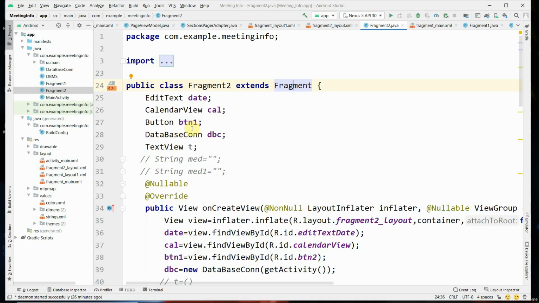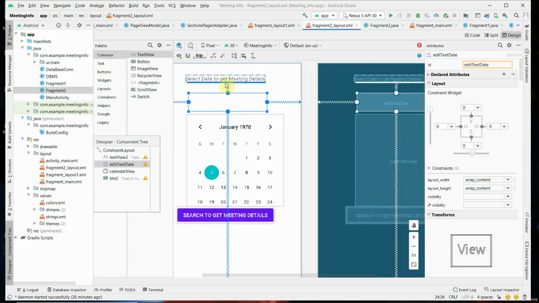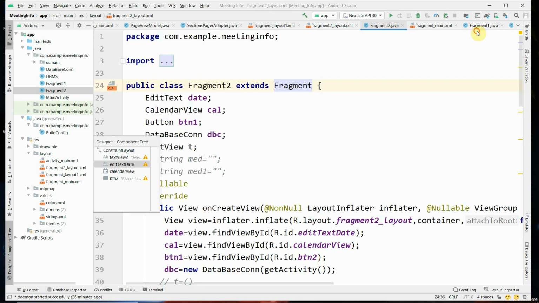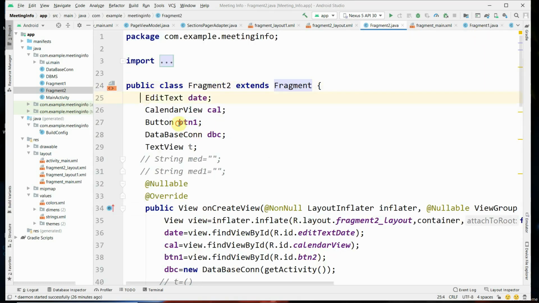As part 3 here, the fragment 2 code is explained. This is another fragment where the meeting schedule needs to be retrieved. We have already designed the interface in fragment 2, using a text box, a calendar view, and a search button to get meeting details. Now here in Fragment2.java, the object edit text